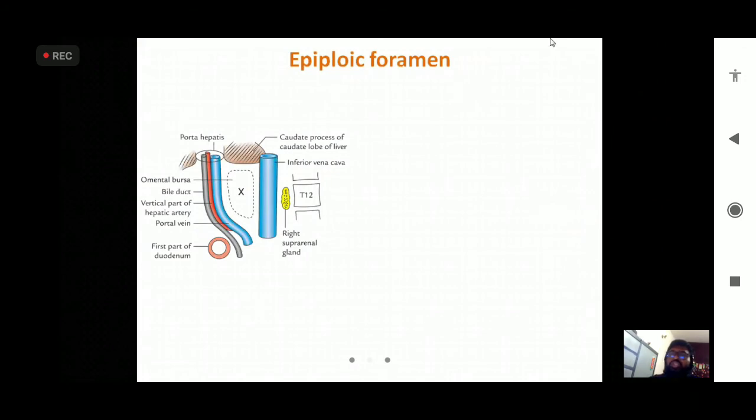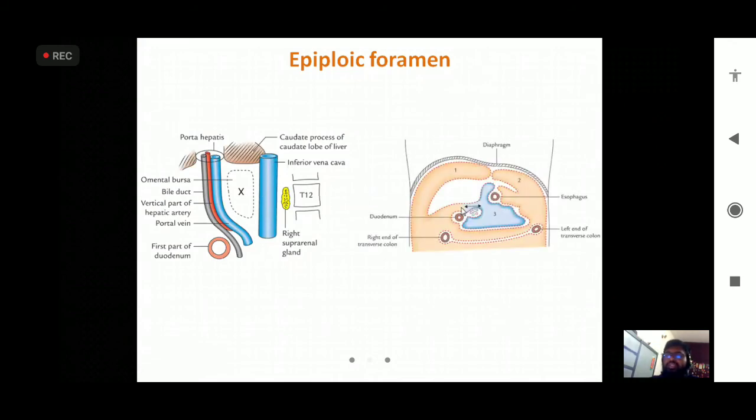One more thing, when we will be seeing the vertical and horizontal disposition, we'll come to that. Before that, epiploic foramen. This is the epiploic foramen, aditus between the greater and lesser sac. Aditus means opening or passage between the greater and lesser sac. If you see it, this is how the greater sac and lesser sac are continuous with each other. You can see there is a communication between these two, and that is the epiploic foramen, through which surgeons get access to the